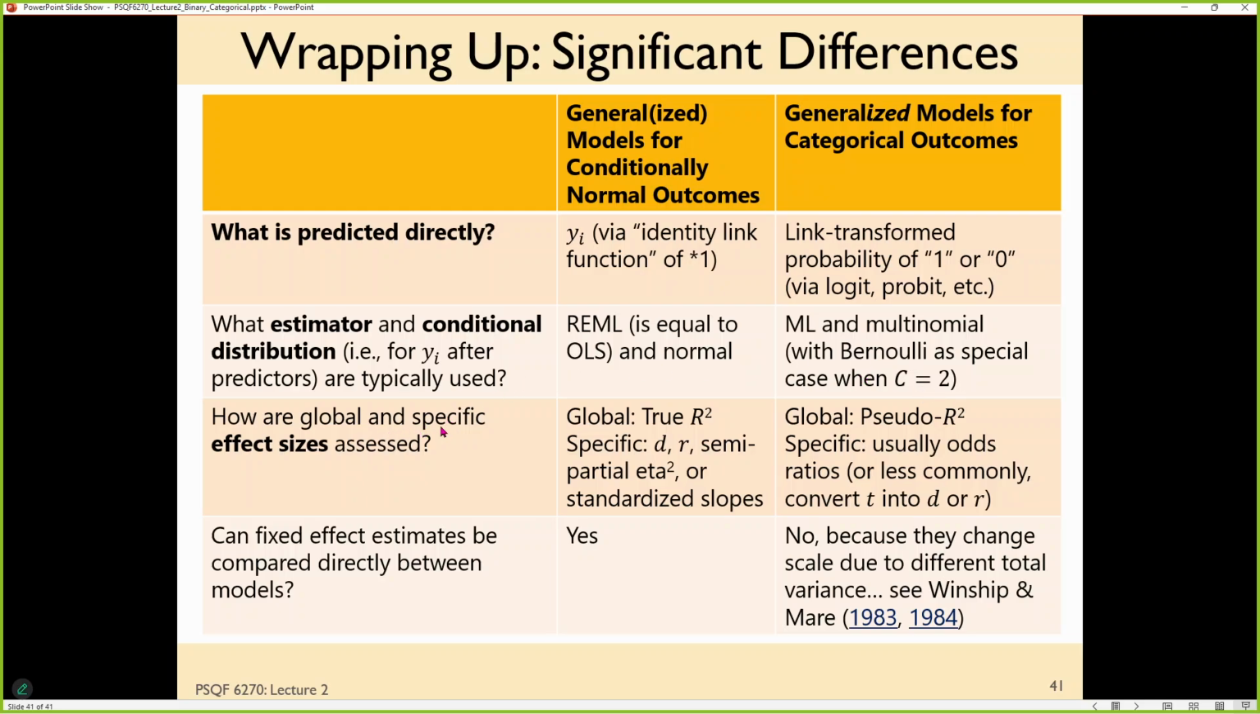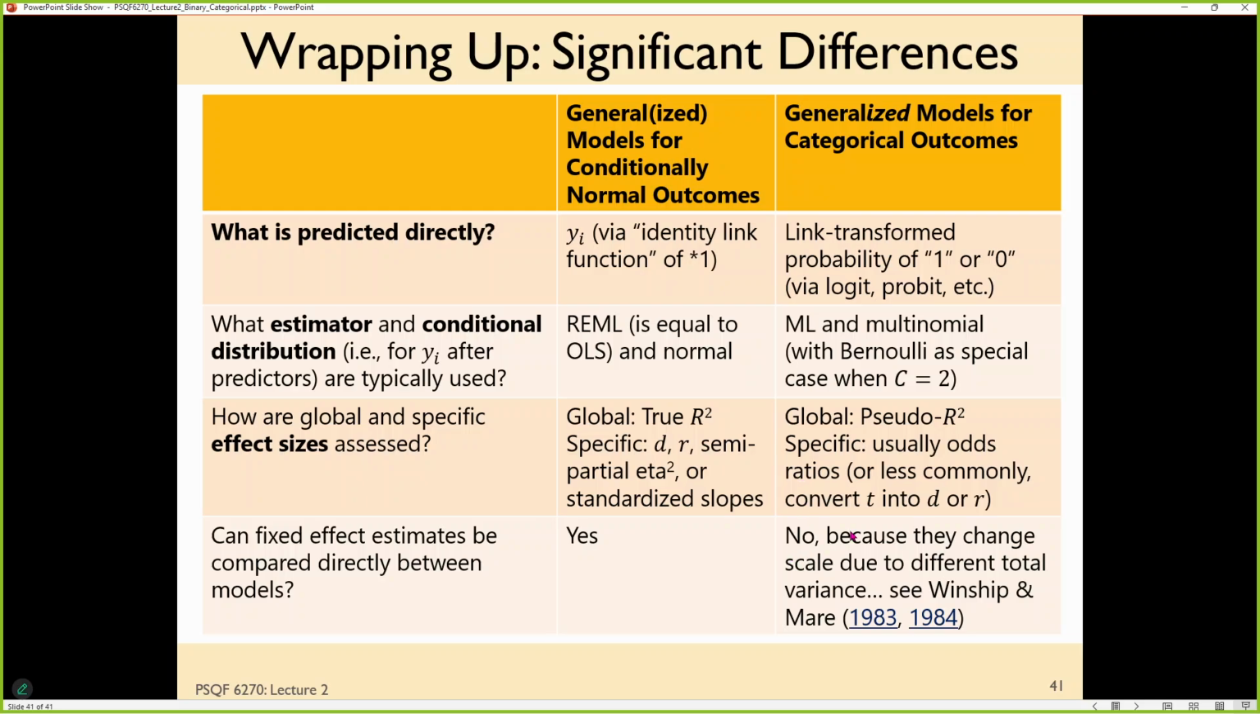How did we assess global and specific effect sizes? We had a true R-square in standard regression. We could compute d's and r's. We could compute indices involving R-square, like semi-partial. We could compute standardized slopes. Here, we can sort of have an R-square, but there's a million of them and they disagree. You can also convert things to odds ratios, but as we've discussed, they're still in units, so they're not really